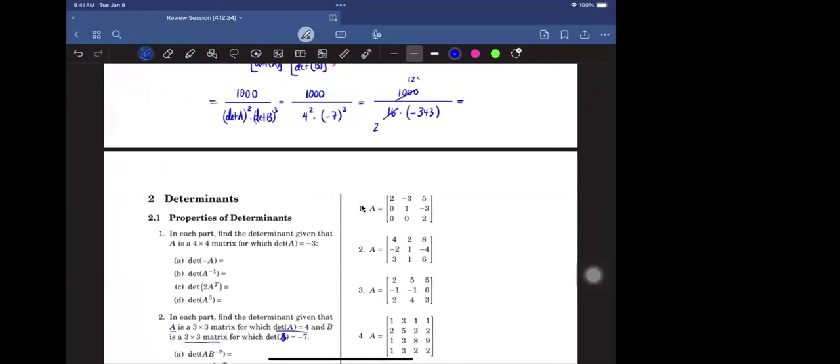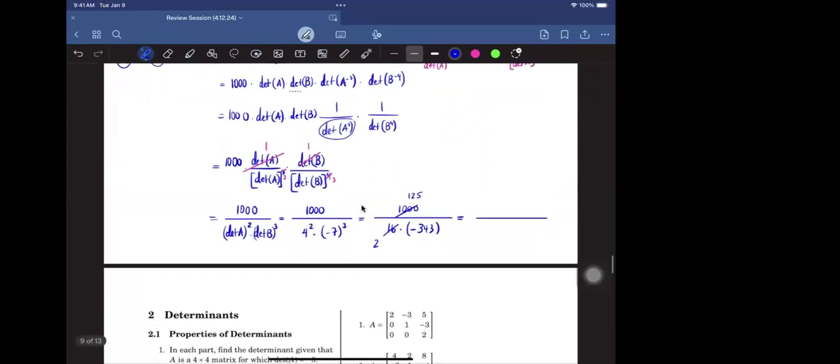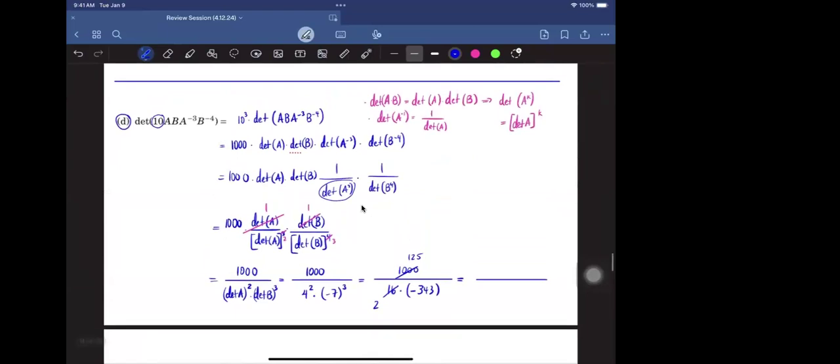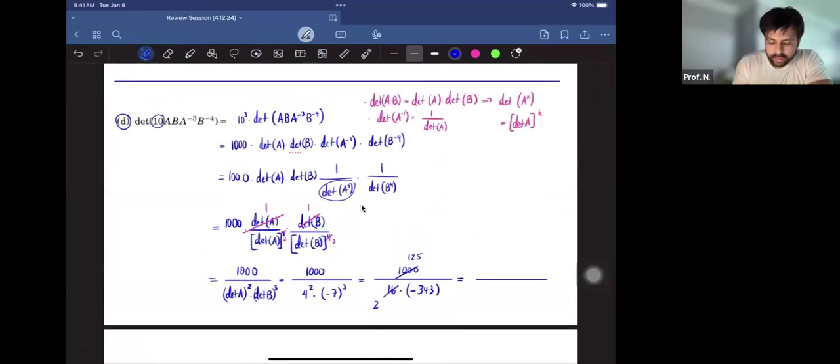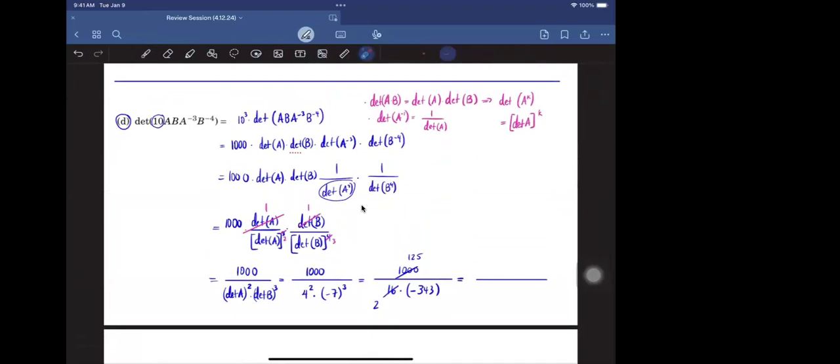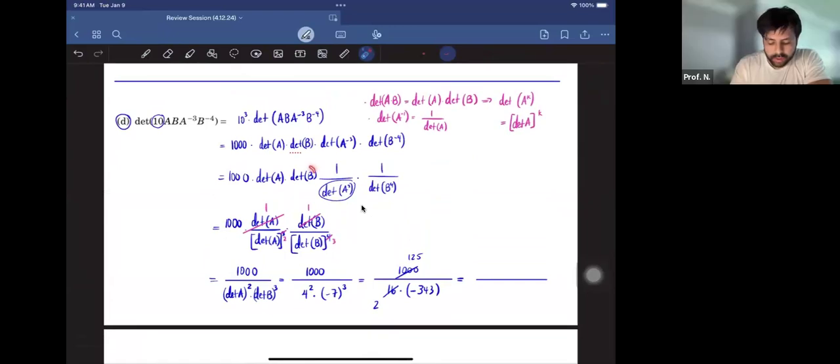We cancel out the determinant of B in the numerator, right? Yeah, we do. But does it change the sign or no? Well, you cancel out with one of the determinants of B, so